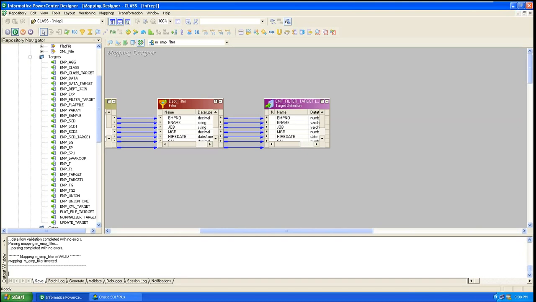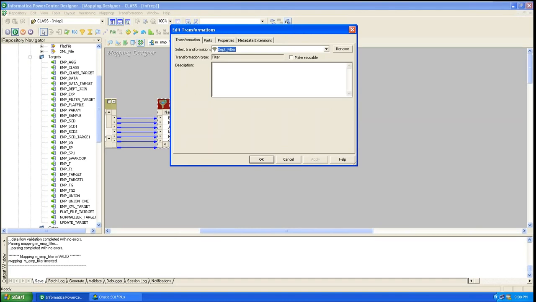One minute, can I just check the parameters over here, just for my learning? Sure. Under the transformation page, there is the transformation name and what kind of transformation type it is. Make reusable means I can reuse that. We will discuss that later. The transformation is reusable, I will tell you.